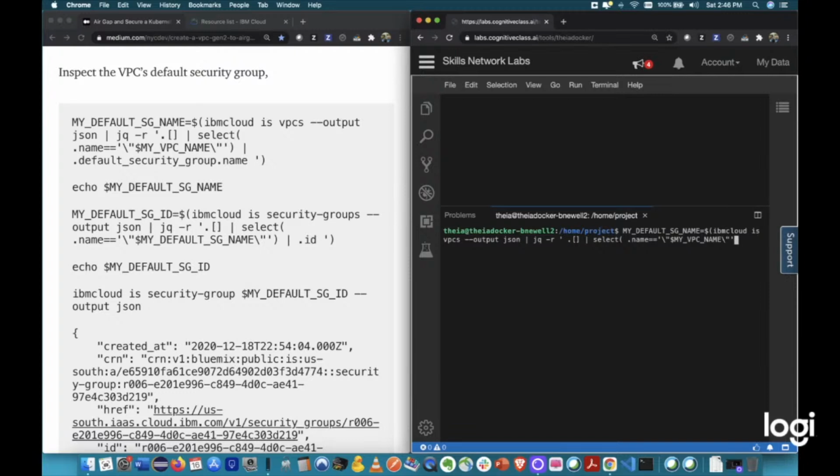Close it, single quotes, close the parentheses, and then pipe that to retrieve, and just use the default JSON dot notation to retrieve the default security group and the property name on the security group. So this way I can get the security group name, I can echo out my default